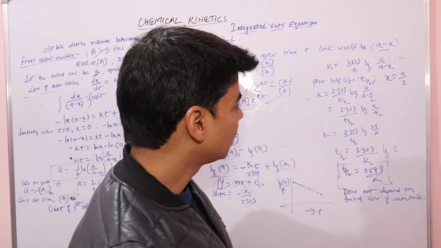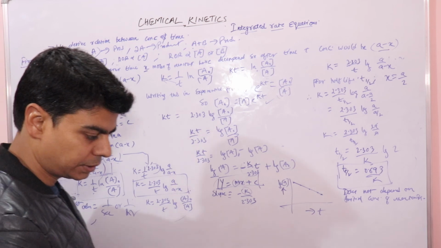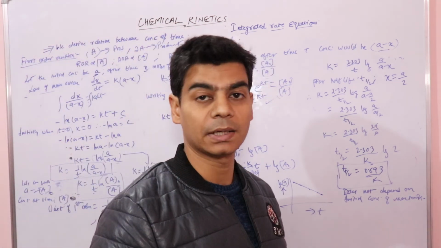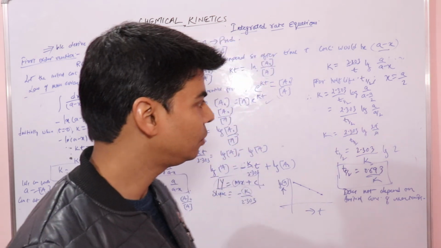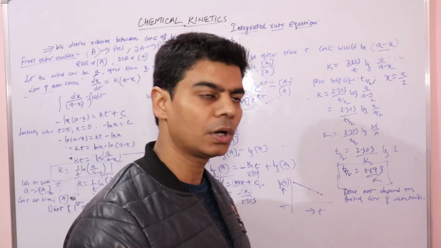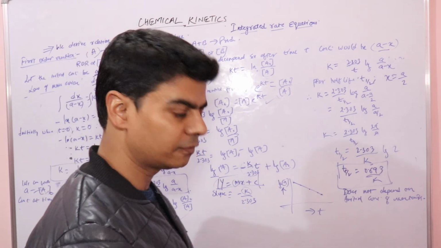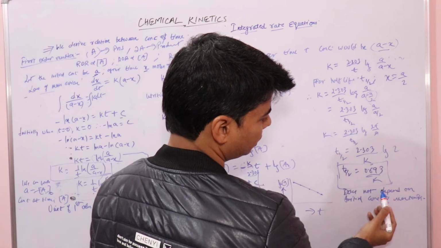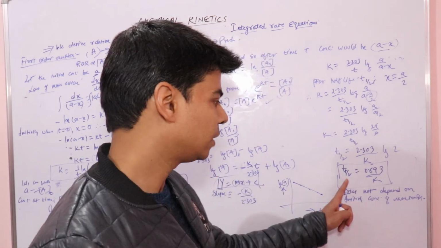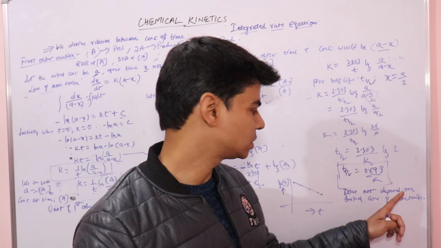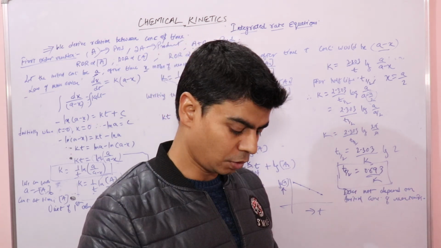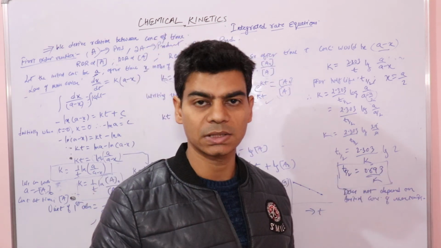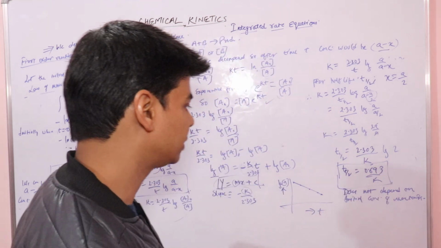Now, half-life is the time taken by the reaction for its reactants to become half. So the time taken to complete half of the reaction is your half-life, and at half-life the concentration of reactant would be half. Using this we got this, and we find that the half-life of a first order reaction does not depend on the initial concentration of reactants, whereas the half-life of a zero order reaction does depend on the concentration of reactants.